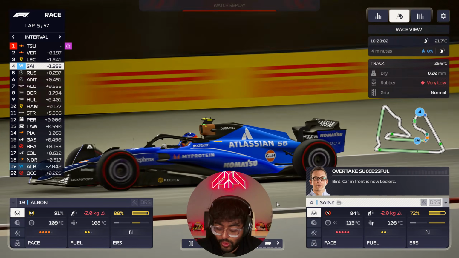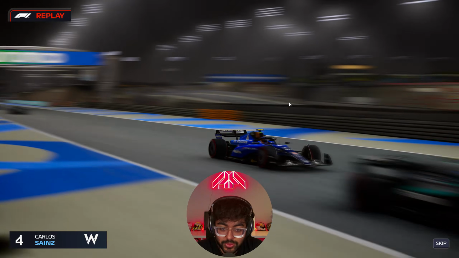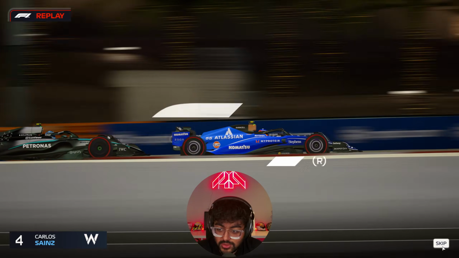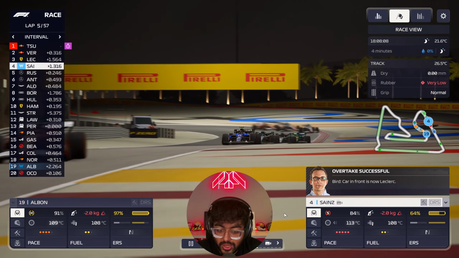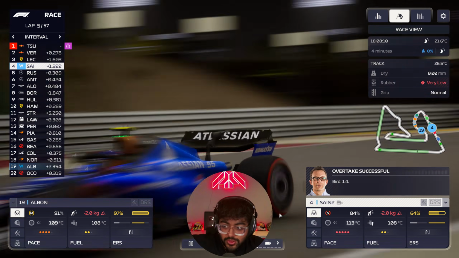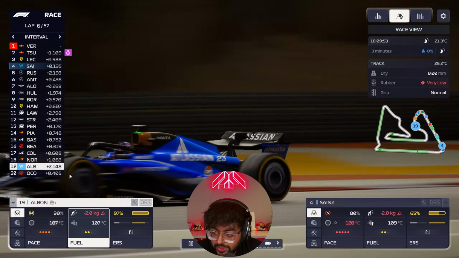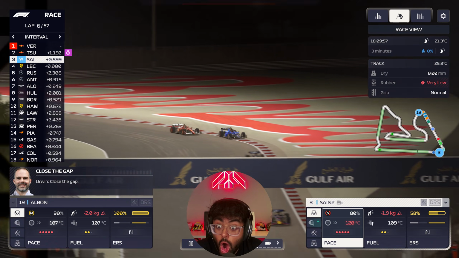He's up to P4. What an overtake on Russell. Where did that happen? Oh, okay. Nice. On the inside. Sainz is flying. Hang on a minute. Is this our turn to throw the form book, the R&D chart out the window? Come on. Albon's just got Ocon, I think, up to P19. Probably could push this a bit more, to be honest. And Sainz...